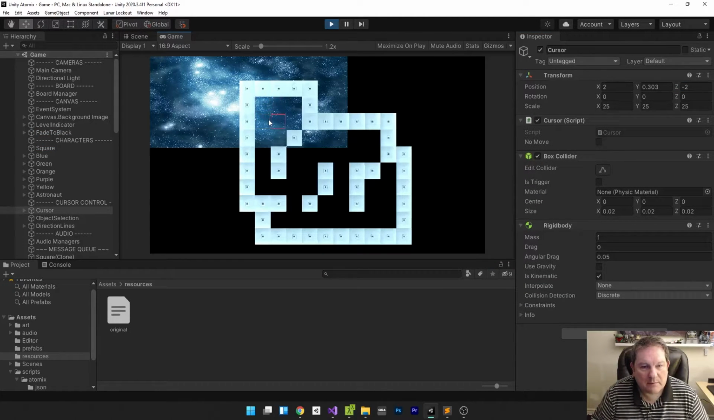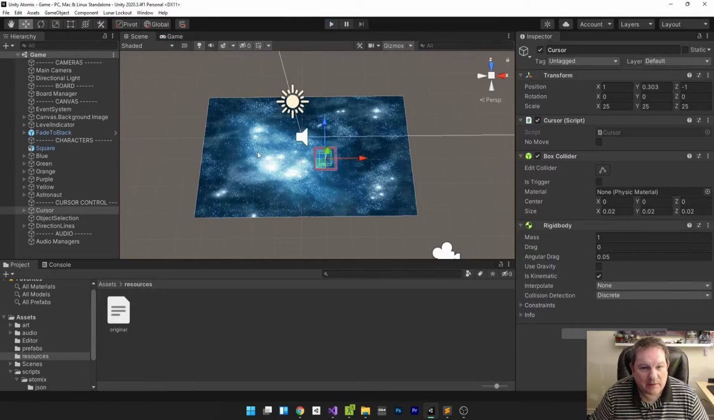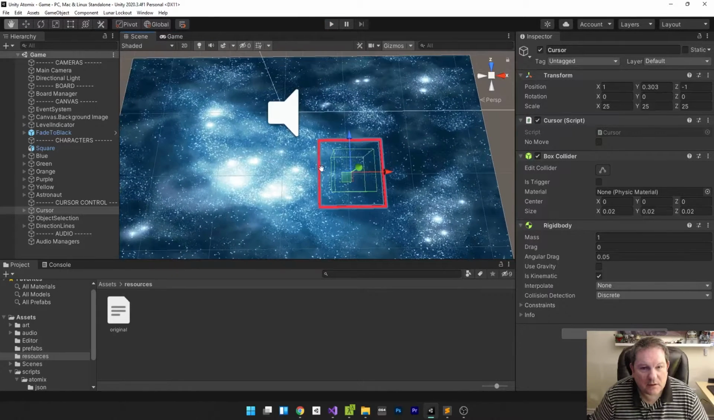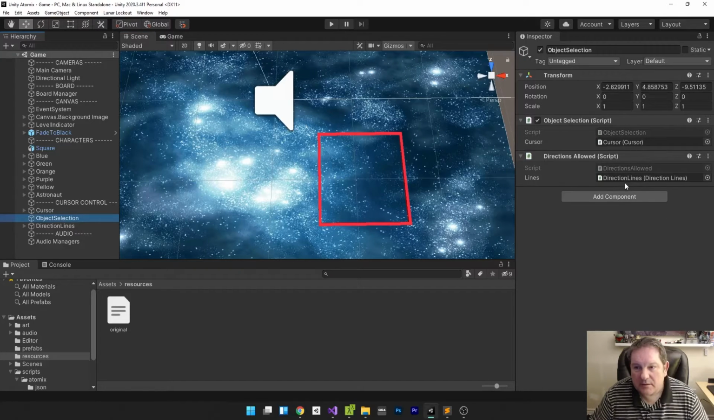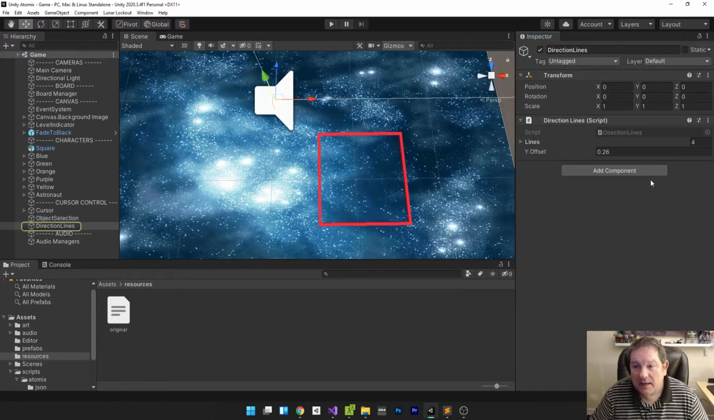So we need to be able to move the cursor anywhere there is a blank square, because right now it's going over the top of it. So in order to do that, I think we can steal some of the code that we use when we select something. So if we do object selection, directions allowed. Aha, okay. So our directions,